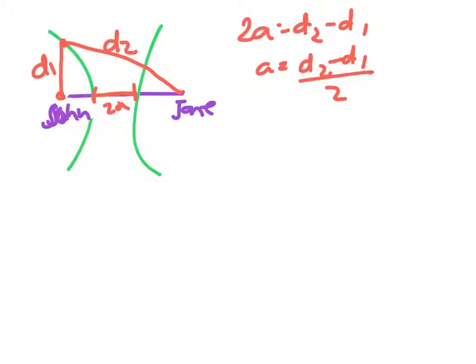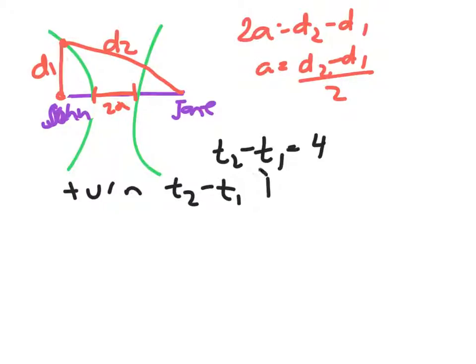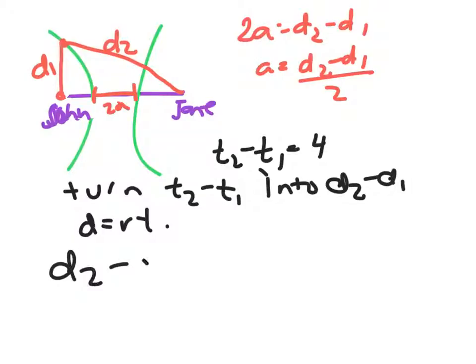However, I haven't given you a difference in distance in this problem. I've given you a difference in time. I told you that the difference in time between when the 2 heard it was 4 seconds apart. John heard it first, Jane heard it 4 seconds later. I need to turn your difference in time into a difference in distance. And you do that by distance equals rate times time. So my difference in distance is equal to the rate that sound travels, which is 1,100 feet per second,